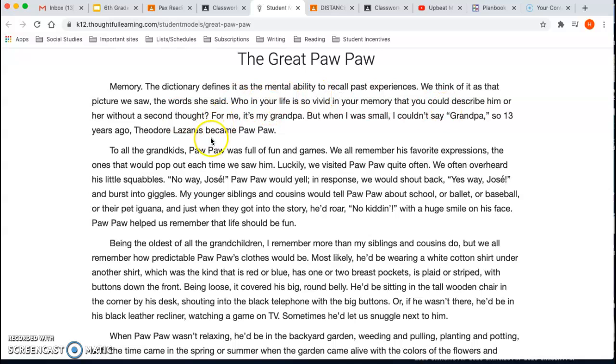You talked about right here when they would shout, "Yes way, Jose," then they'd burst into giggles, so we hear that they're shouting. We're using exactly what they're saying. So they're shouting, they're loud, they're giggling, so they're laughing, they're having a good time. They talk about him roaring, "no kidding." He's not saying it quietly, he's almost yelling it. But he has a huge smile on his face, so we know he's not angry or upset, he's enjoying